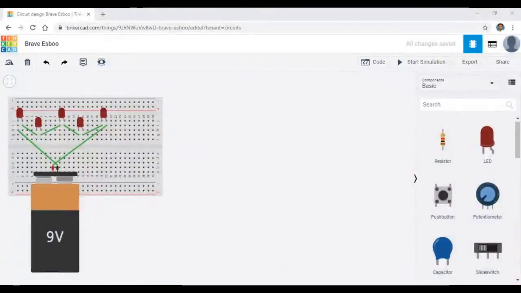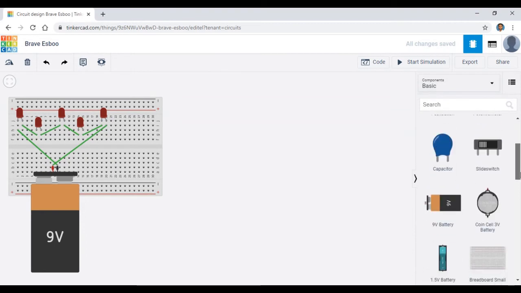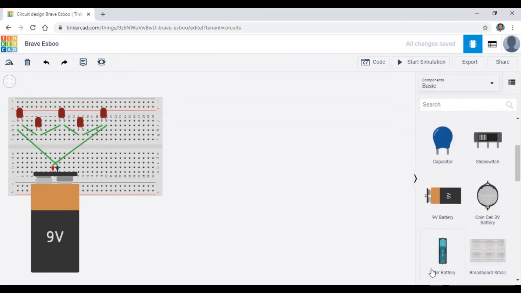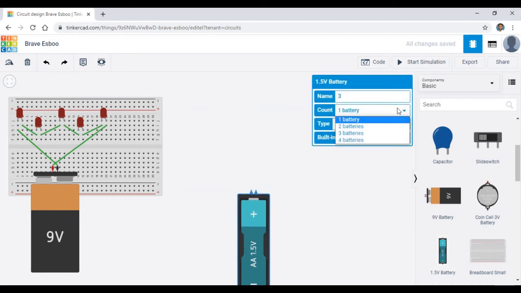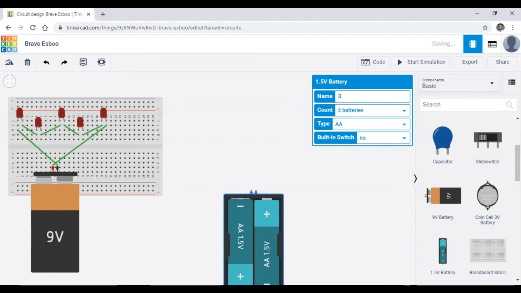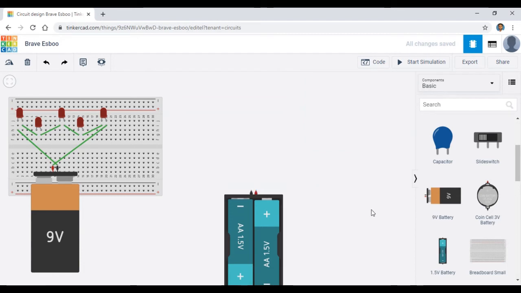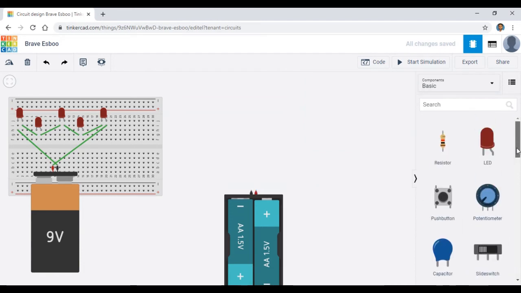Now I am going to construct the parallel circuit also. For that I am going to take a 1.5 volt battery, and I am going to change the properties to two batteries, 1.5 volts plus 1.5 volts, totally 3 volts I am taking. Both are AA batteries. I am going to work with the same LEDs here. So LED 1,